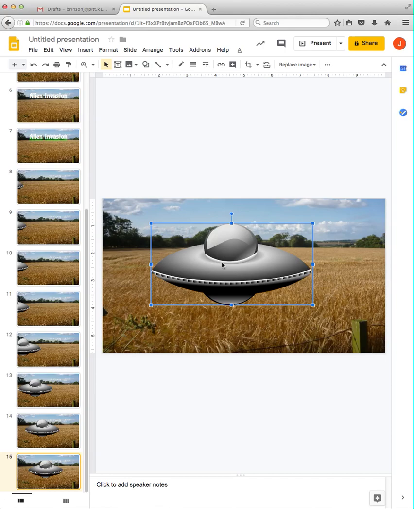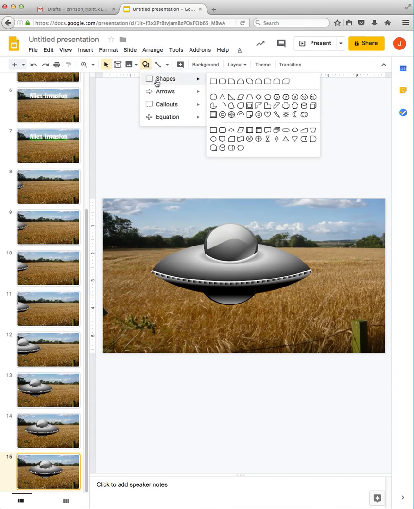Now, I am going to put other images in here. I want an alien to come out of the spaceship. I want it to appear that a light is coming from below the spaceship. I'm going to pick Google Draw, which is incorporated into Google Slides. I'm going to draw a shape, an oval shape,